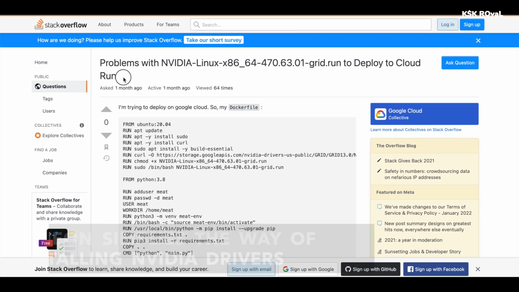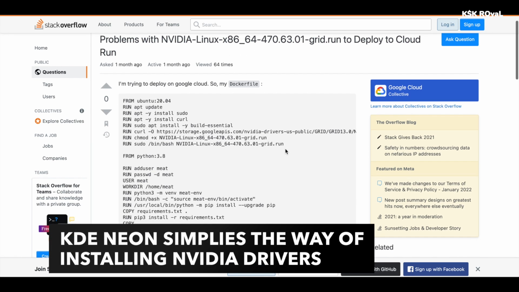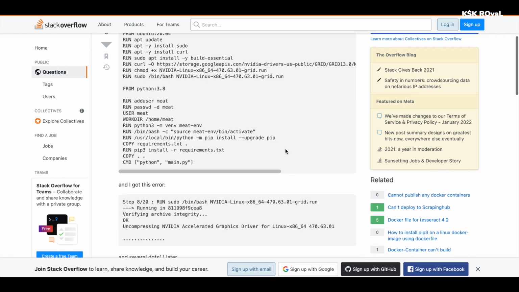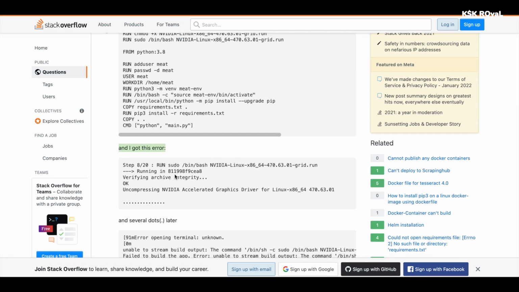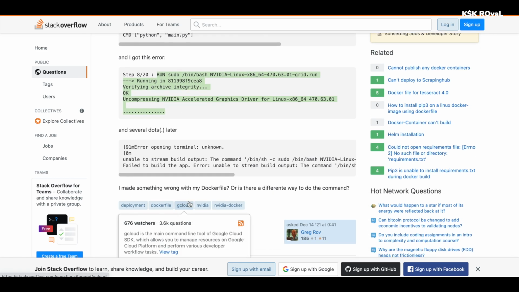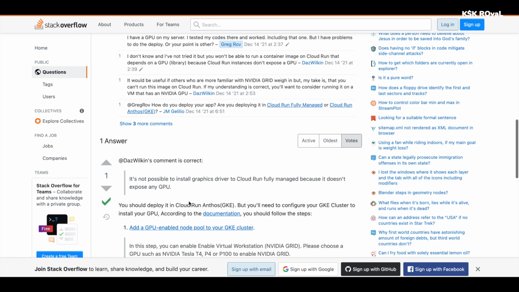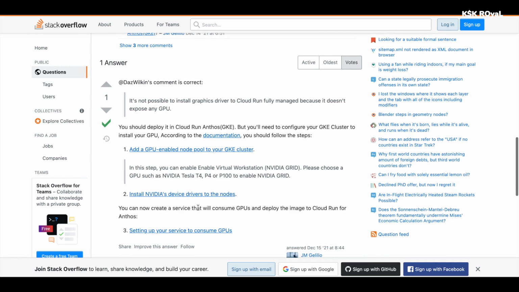Now, NVIDIA is one of the worst vendors when it comes to dealing with the Linux OS. If you head over to Stack Overflow, you may find a lot of users posting their logs in regards to NVIDIA hardware issues. Installing NVIDIA drivers on a Linux operating system is a pain for an end user. It needs a lot of effort to make your graphics card work the way it should.